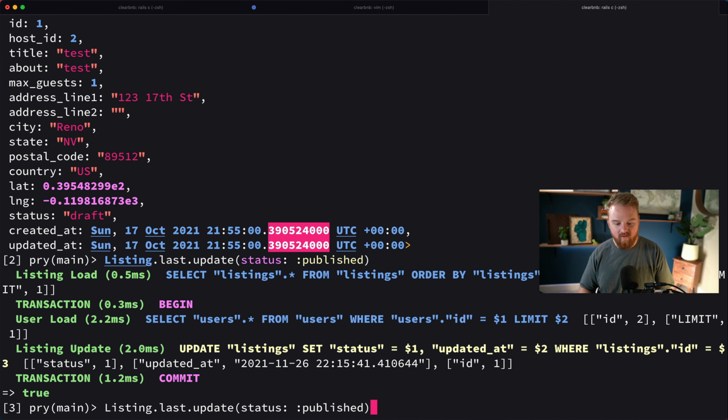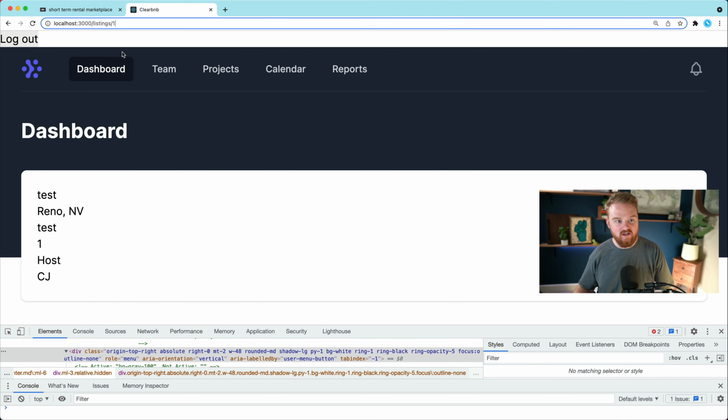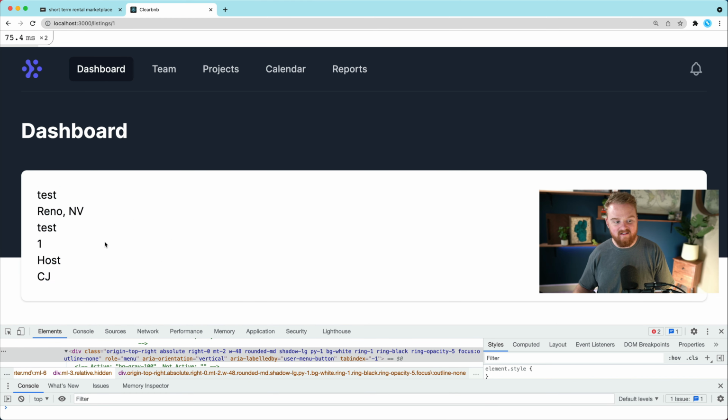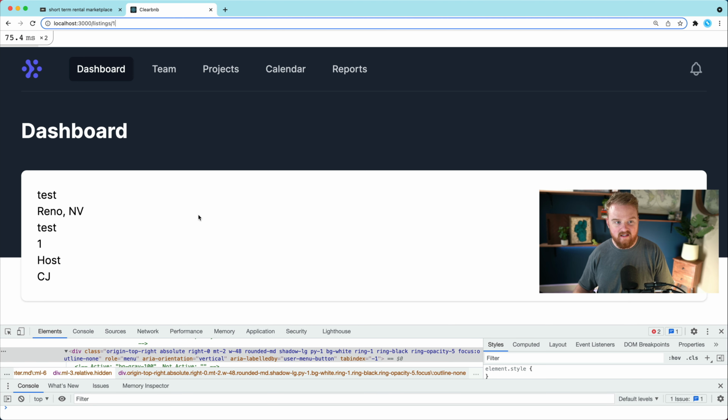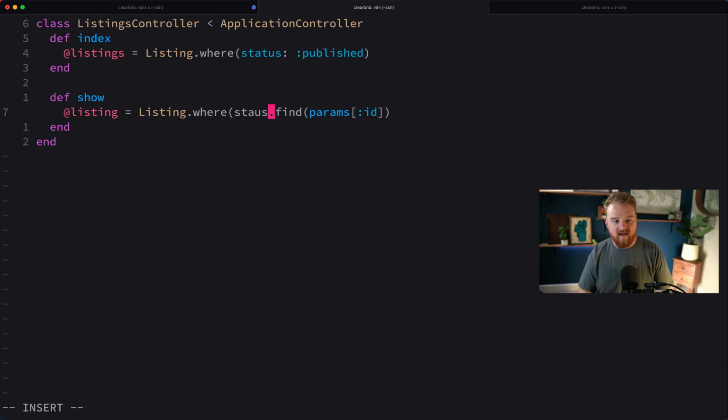published also. So if we go back here and we update the status again to draft, then when we refresh this page for the show page, we should not actually see any listing here because it's not technically published. So we don't want it to show up under listings/ID. Instead, what we want to do is we also want to use the same scope here. So like .where status is